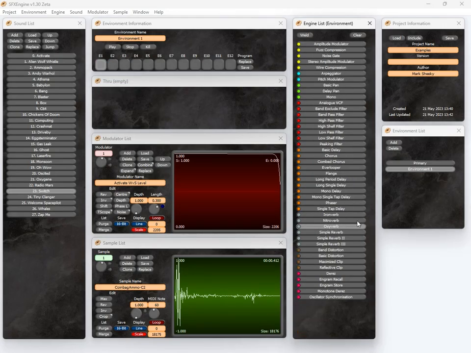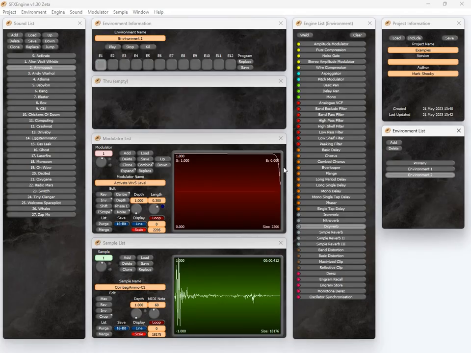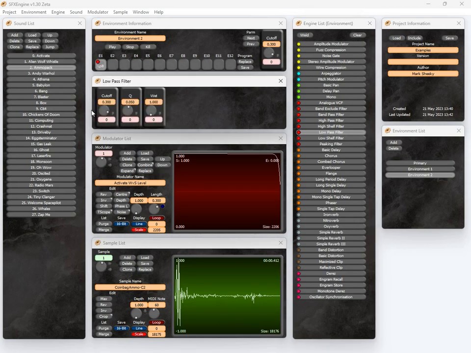But we can add something in the environment. A reverb, RVO, oxyverb. Voila! And this environment will now apply to all of these. It's an extra layer of processing, so if you wanted to create a whole series of sounds that work in